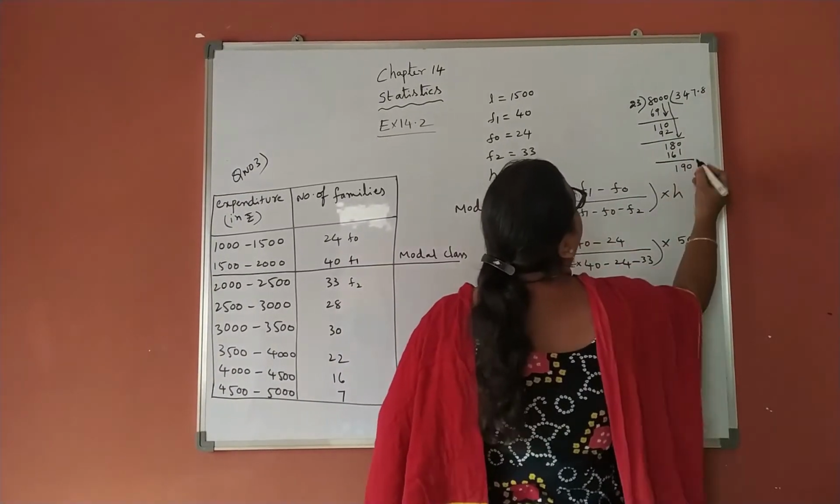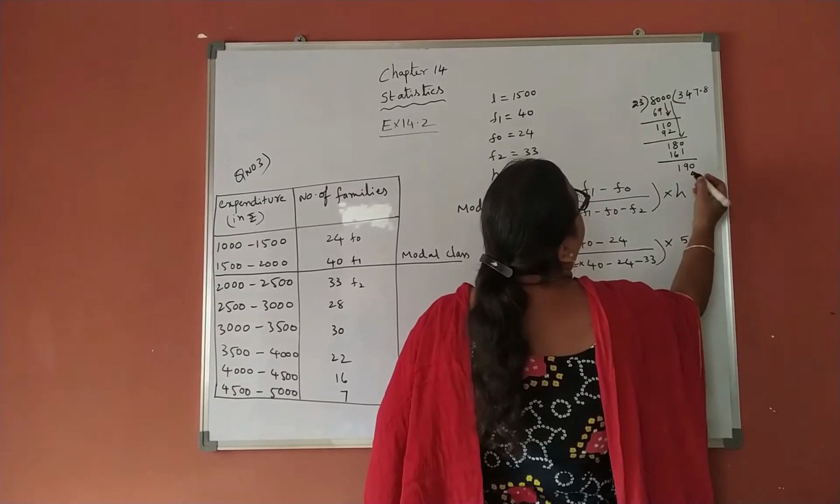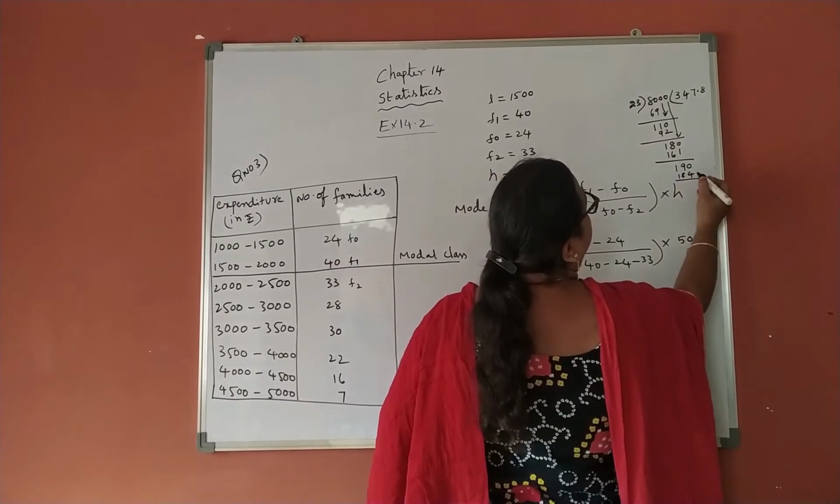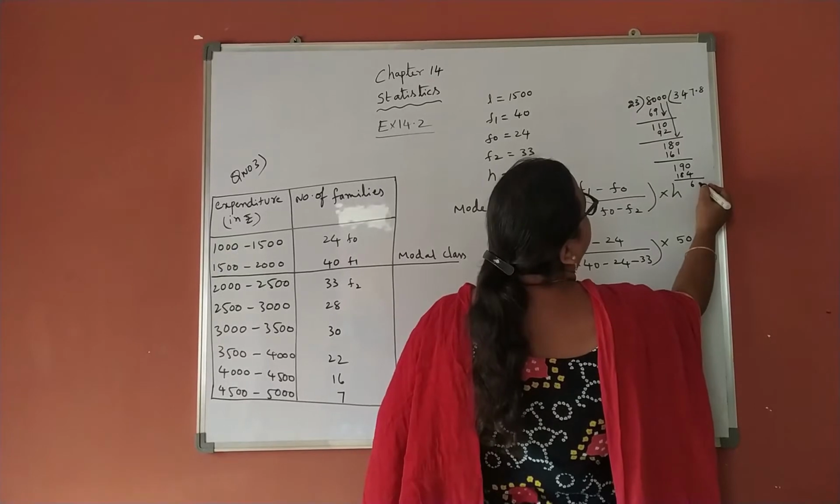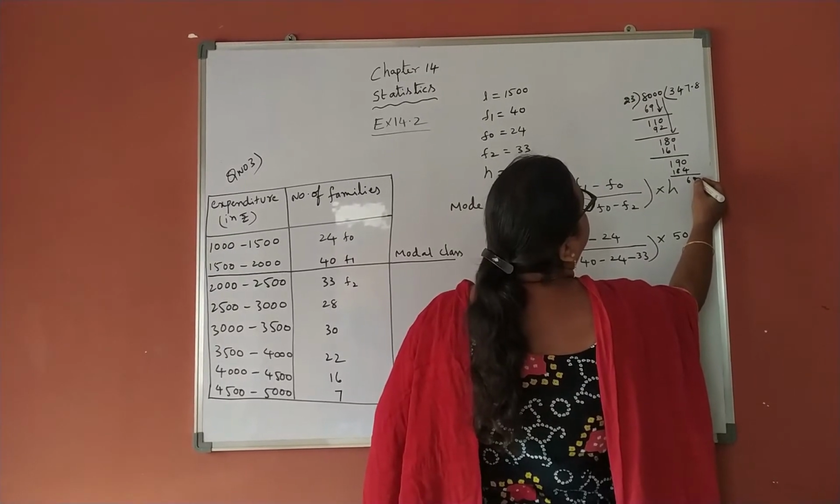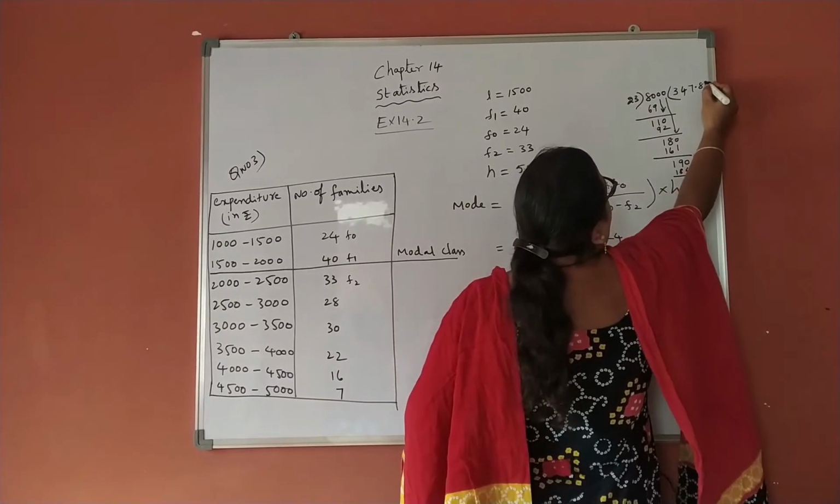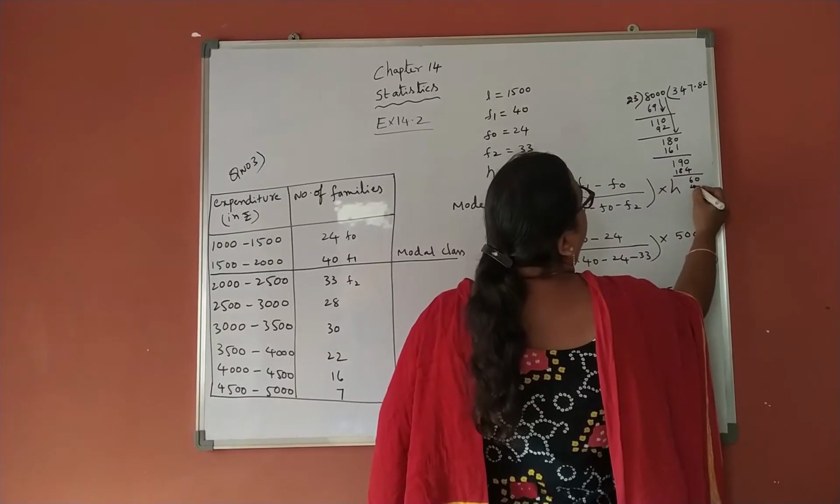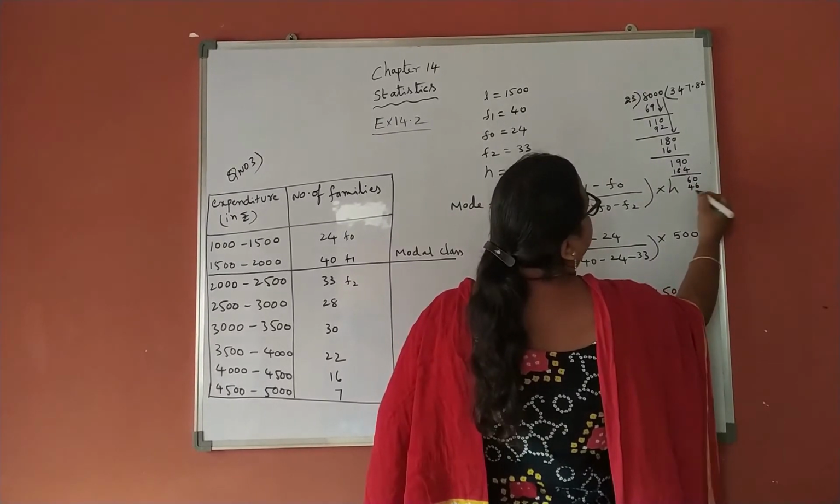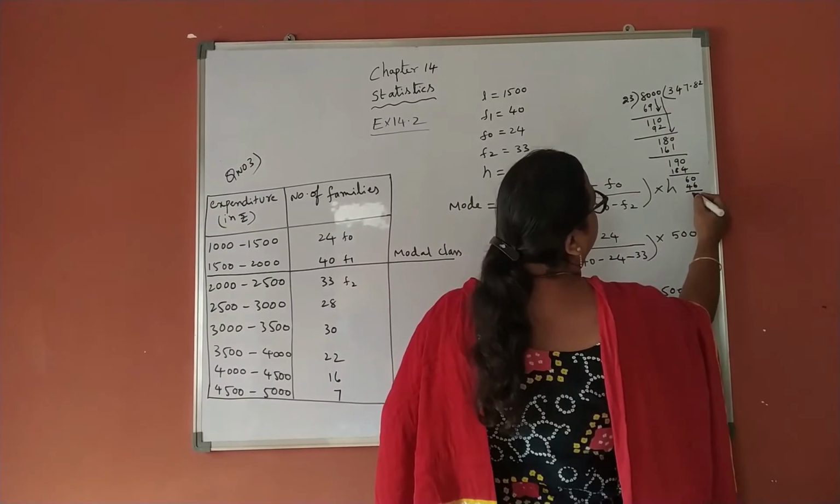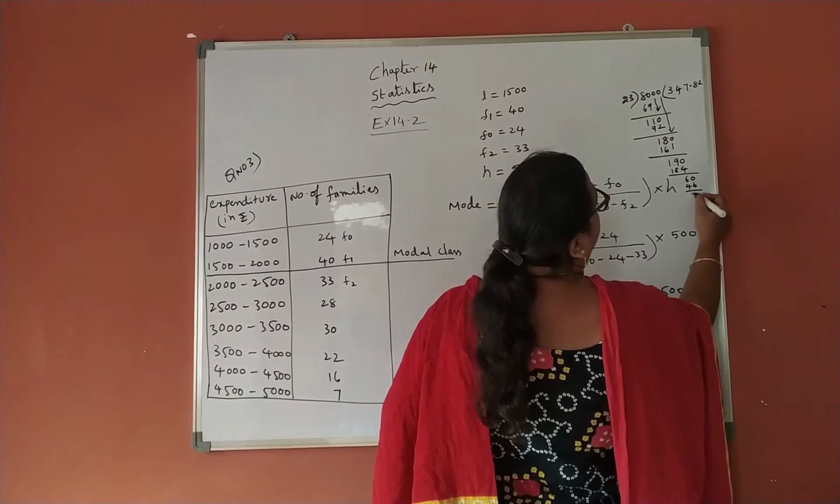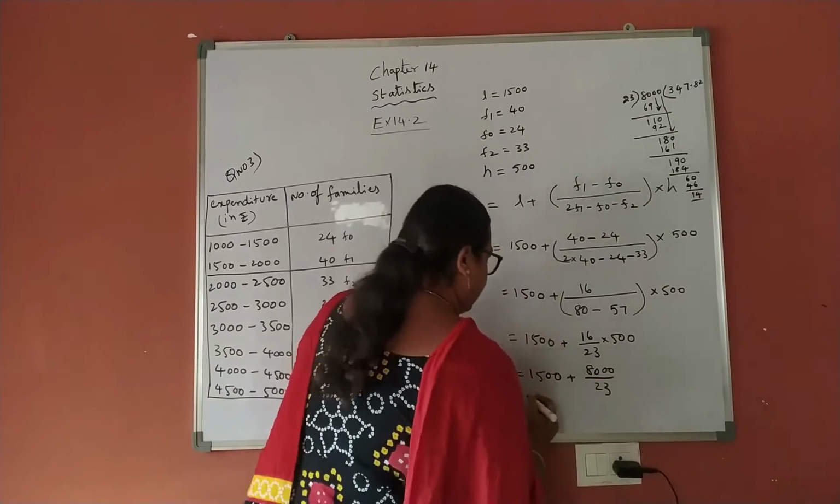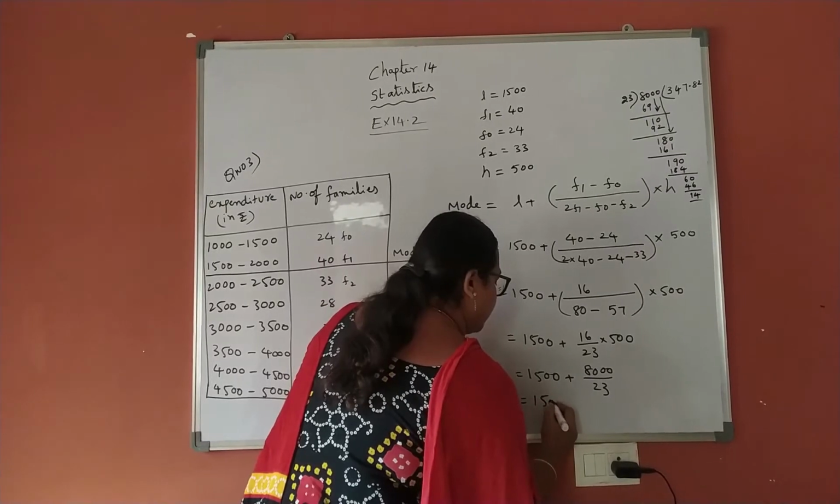8 times 184. So 6, 60. 2 times 46. So we will stop it here. So this is equal to 1500